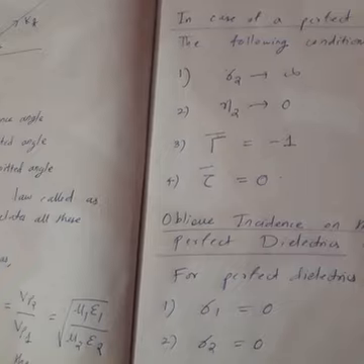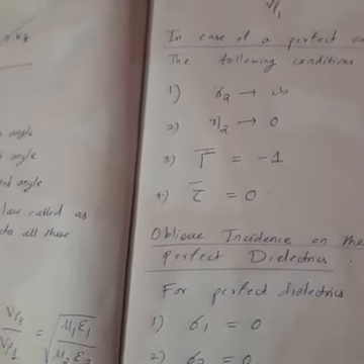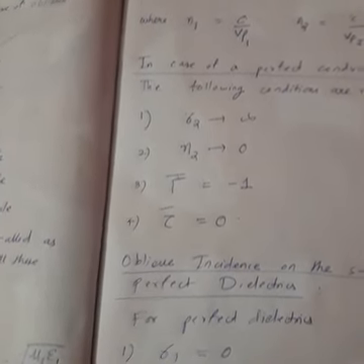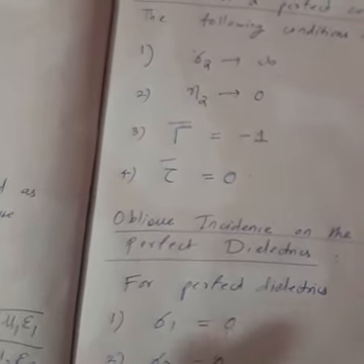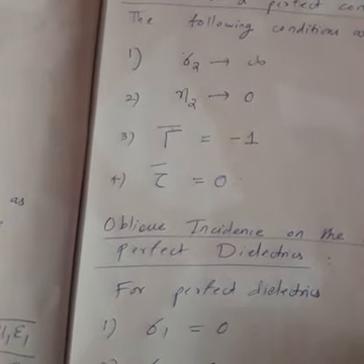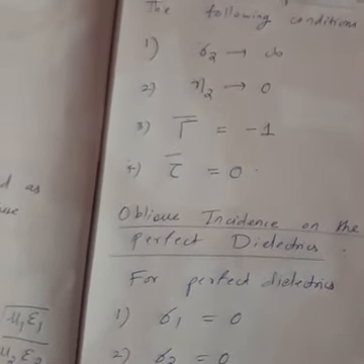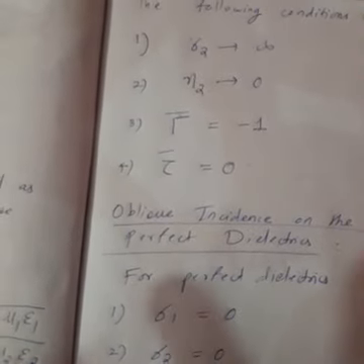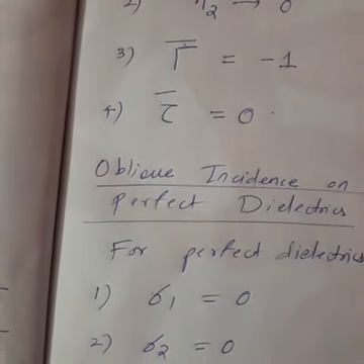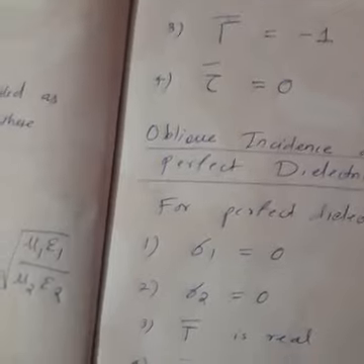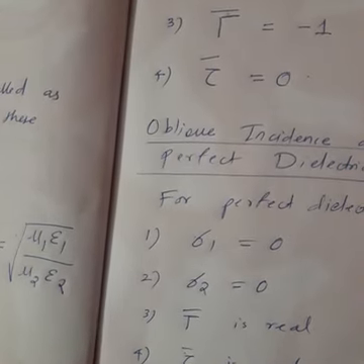Then we considered what happens if the wave is moving in two mediums. Where two mediums are there, a boundary is there. The wave will come from one medium and strike the boundary; some part of the wave will reflect back and some part will transmit. Then we considered special cases. For normal incidence, first we considered the wave coming at 0 degrees to the propagation axis, which is called normal incidence.